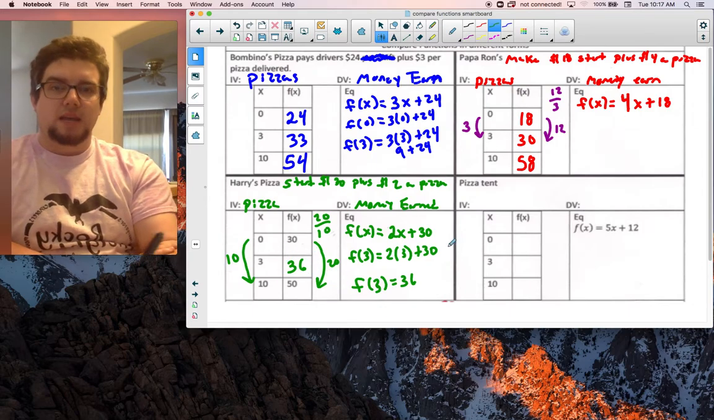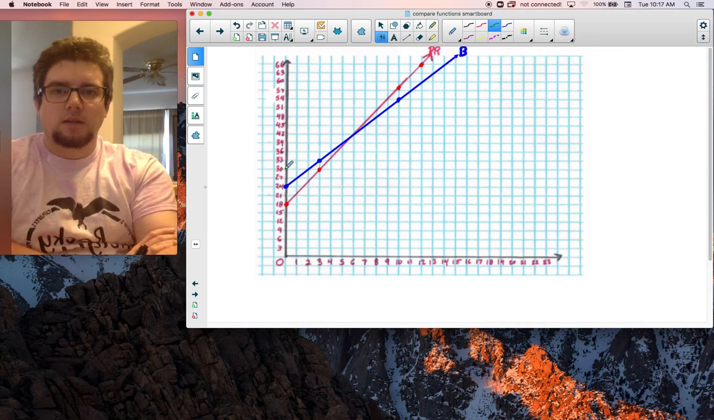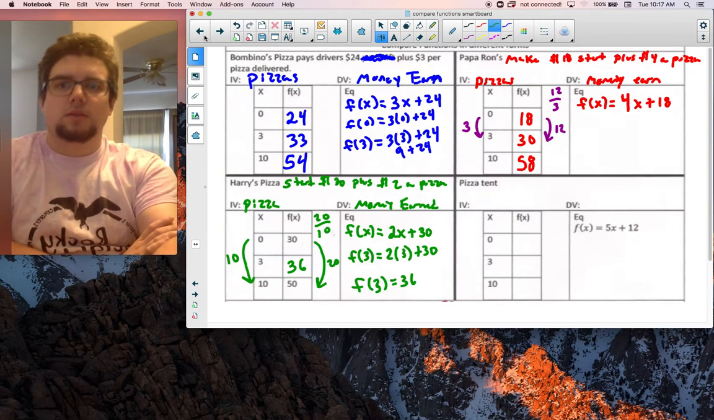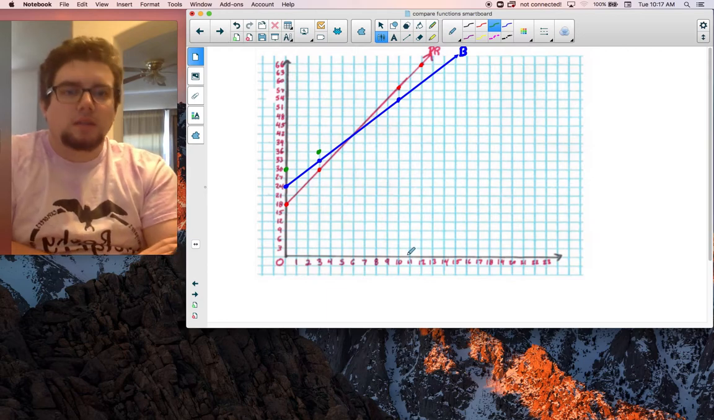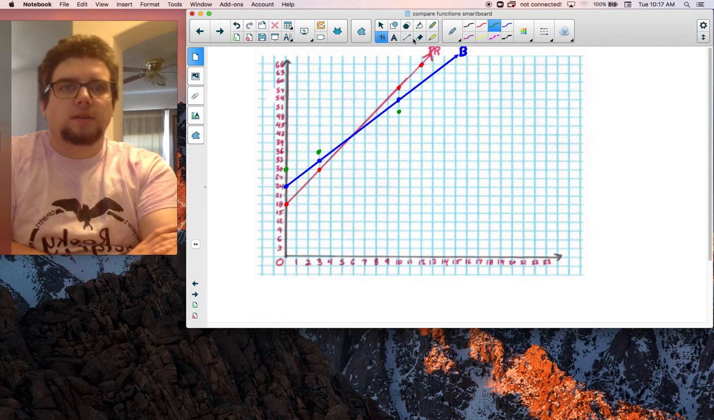Let's copy this table onto our graph. So 0, 30, 3, 36, and then at 10 pizzas it was 50, correct? 10 was 50, yes. All right, 10, then 50, so it's right here, just below 51. So right there,